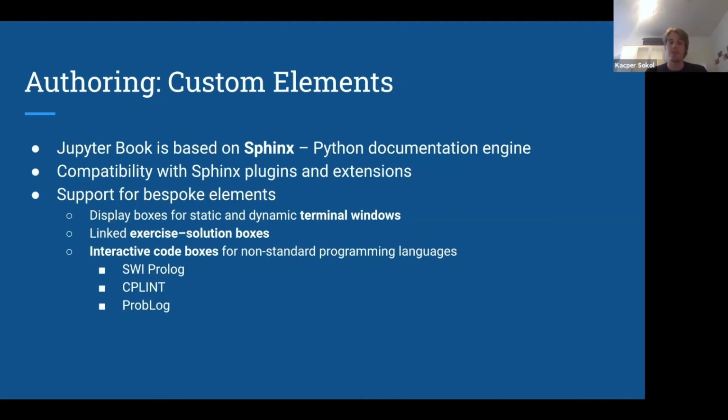Since Jupyter Book is based on Sphinx, which is a Python documentation engine, there are already quite a few Sphinx plugins that you could possibly reuse. For the examples that I did, some are purely for fun, others are to facilitate an online edition of a book about Prolog and logical programming: terminal windows, which may be interactive, exercise solution boxes in case you want to set out some exercises to your students, as well as